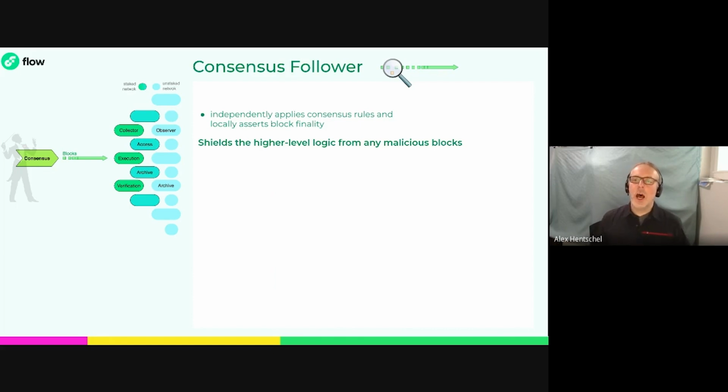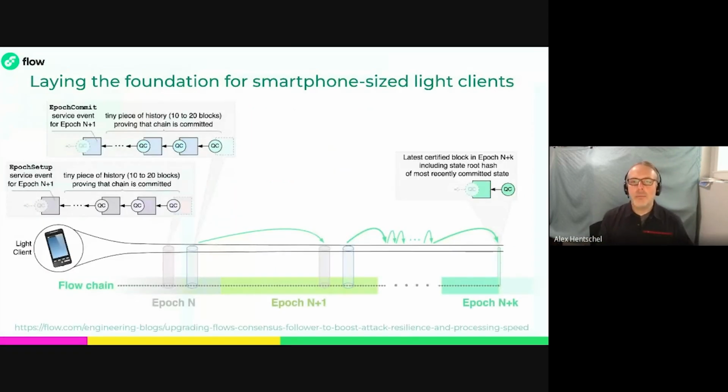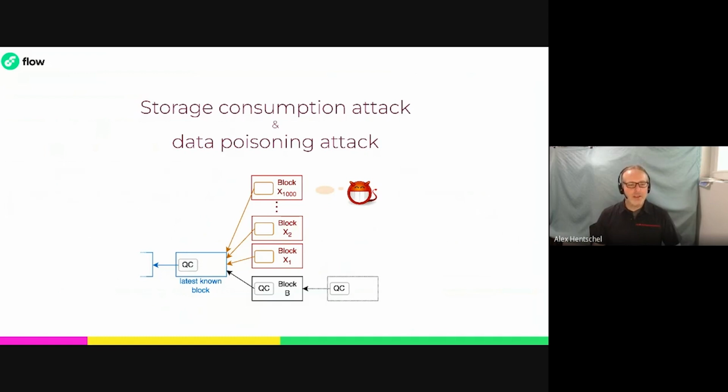Okay, so what the consensus follower does is shield the higher-level logic from any malicious blocks, and it has a vanishing computational footprint, which is also a really interesting topic. You can use that for light clients. I won't get into more details here. You can read up on that in our blog post. The link is here at the bottom. And the other thing is that it allows the consensus follower to be more resilient against various